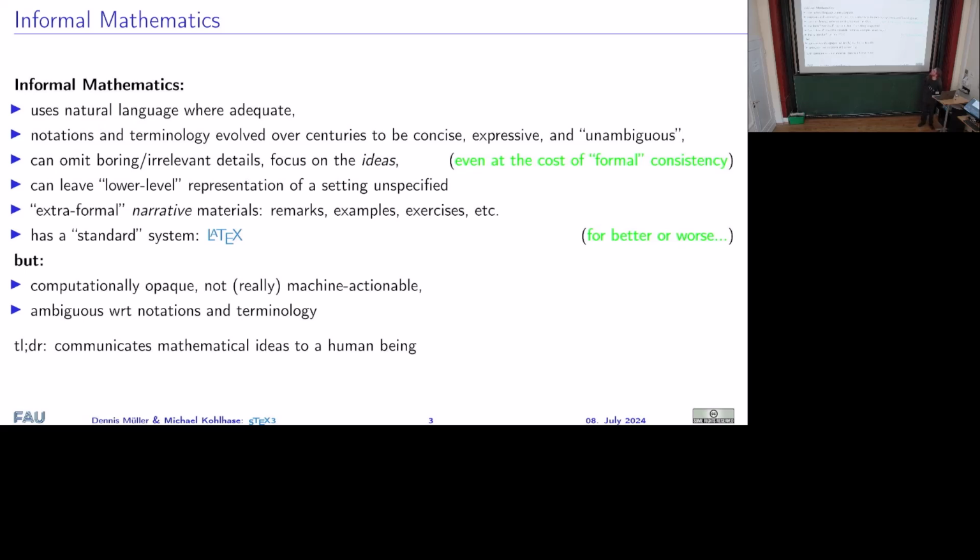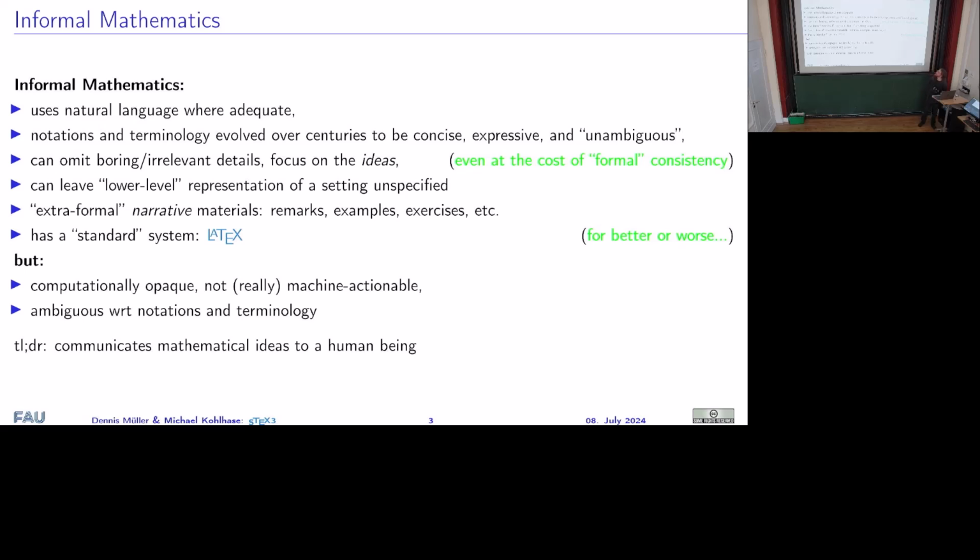Also, generally, it doesn't matter what you think the real numbers are, for example, whether they're Dedekind cuts or whatever. We all know what the real numbers are, therefore I can just leave that unspecified. I don't need to bother with formal foundations, whether that is set theory or dependent type theories or whatever.